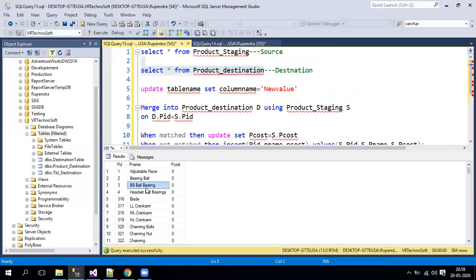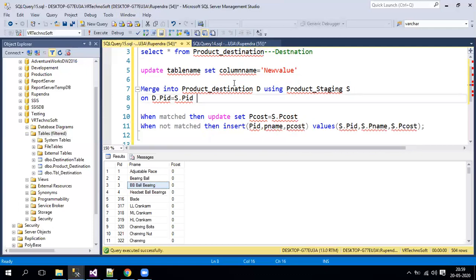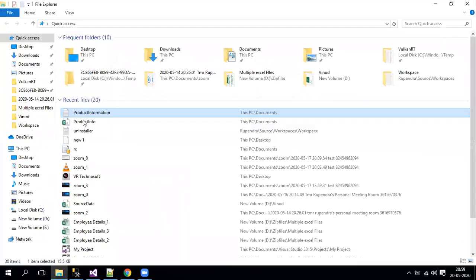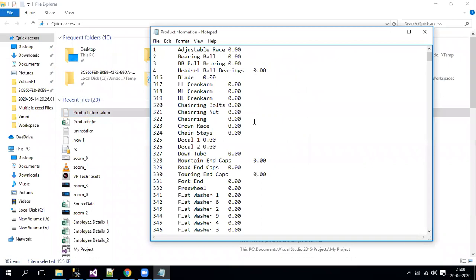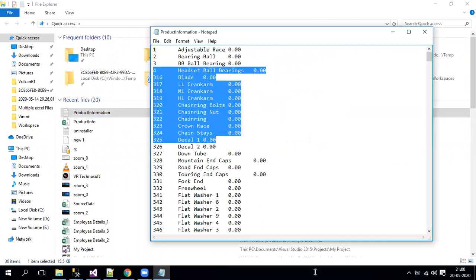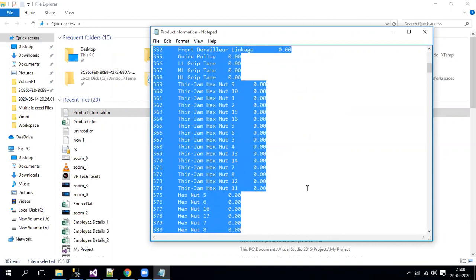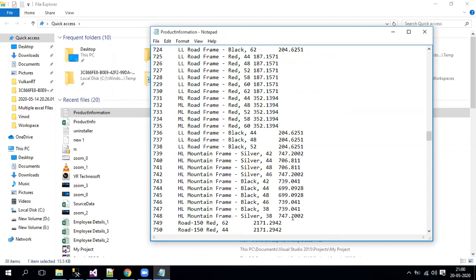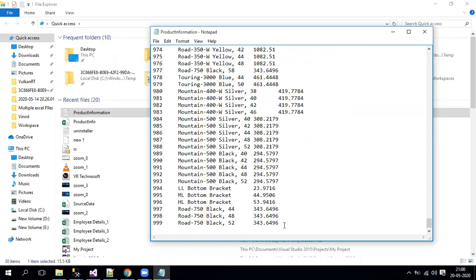Now the requirement comes into the picture. For example, in my source the client is giving, let's say, I'll not go for many rows here. Let me delete everything here, the 504 rows that are there.